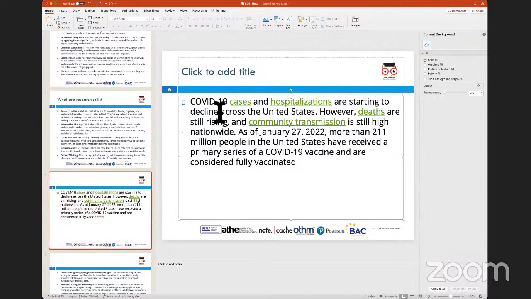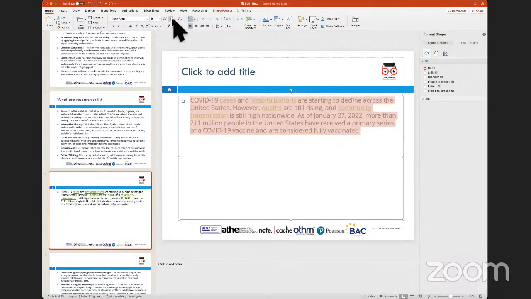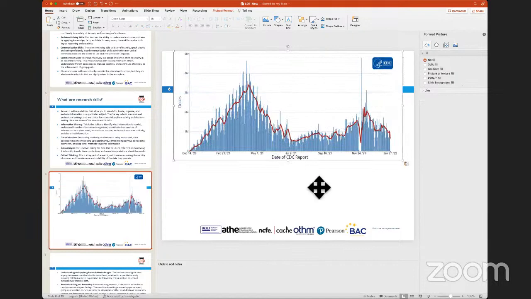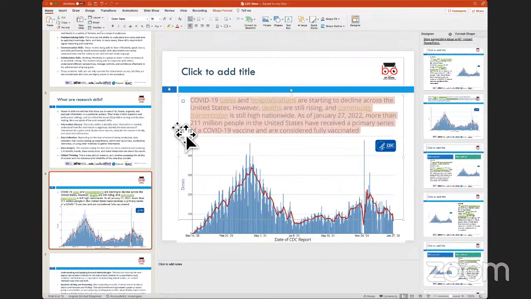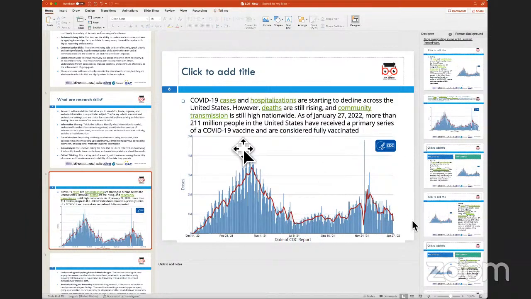So if I take you to this slide and I slightly minimize this, one second, and I put this graph here. Now, with this description, I can make sense of what data has been compiled on the graph. That means it shows COVID-19 cases and hospitalizations are declining across the United States. However, when we see the red line going across, it shows deaths are still rising because of community transmission. And it also shows